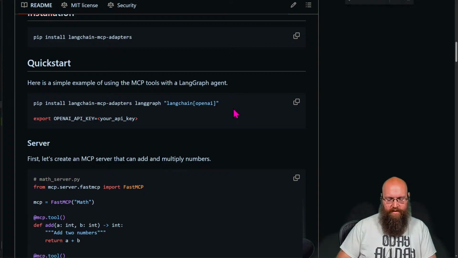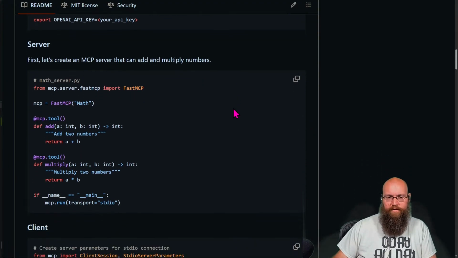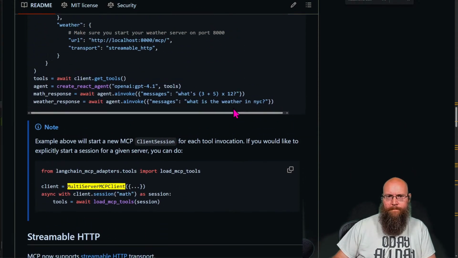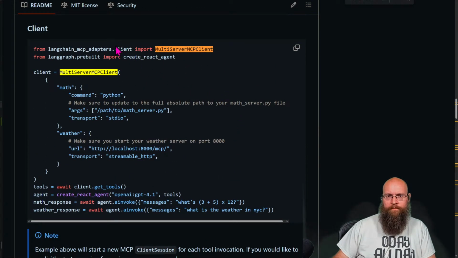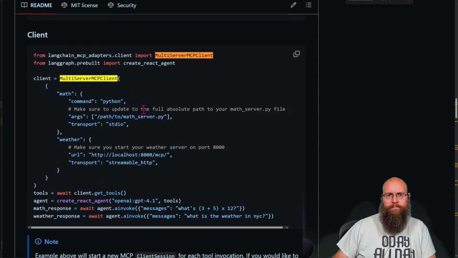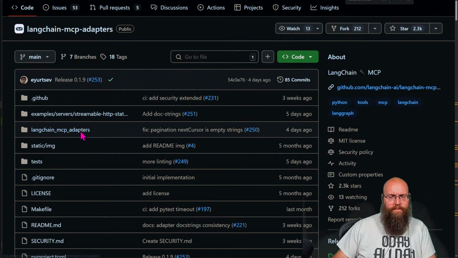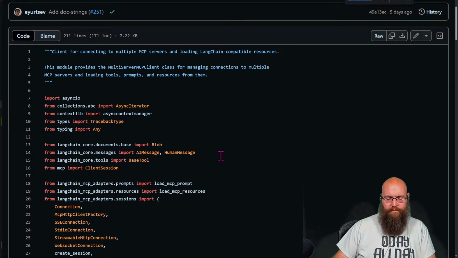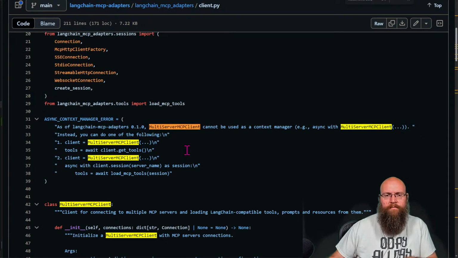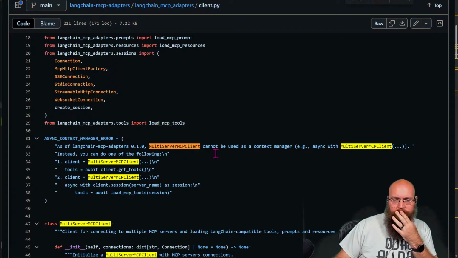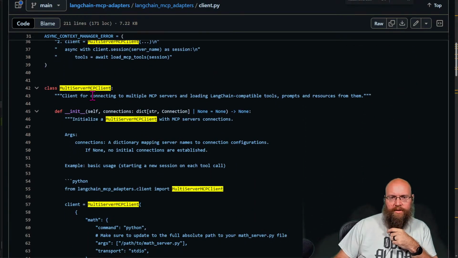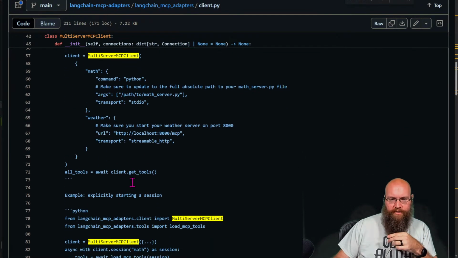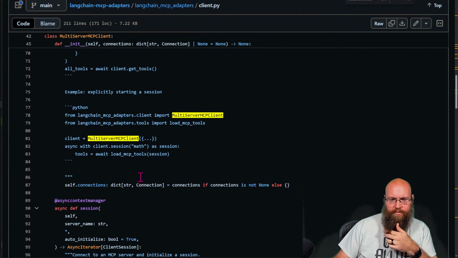We pass the envs this way. So MCP adapters, client. All right, so here's our client right here. To give an example here, does this not take envs for arguments?